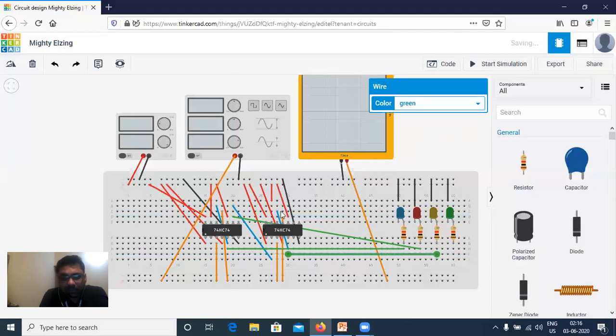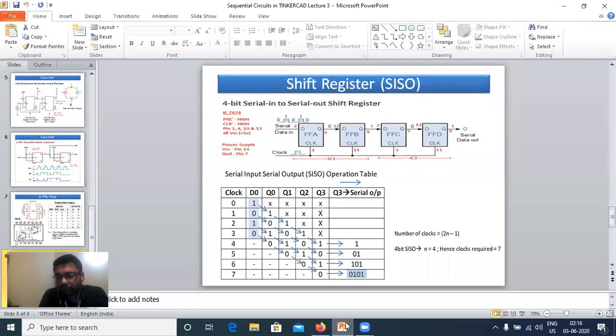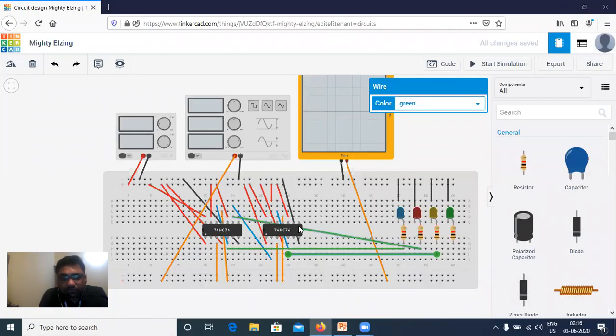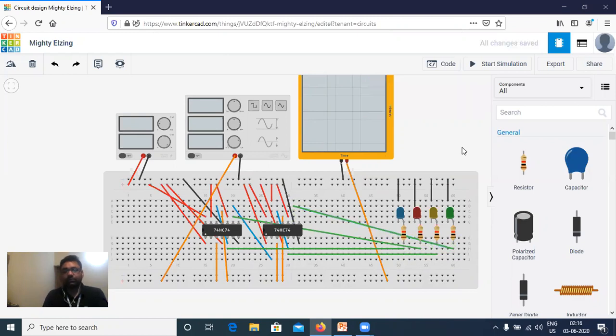Again I have to go for 9. So I have done all connections.